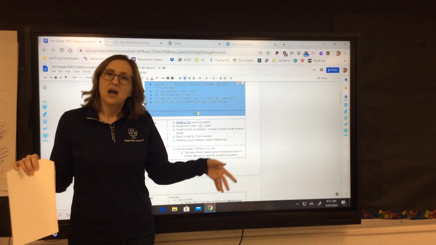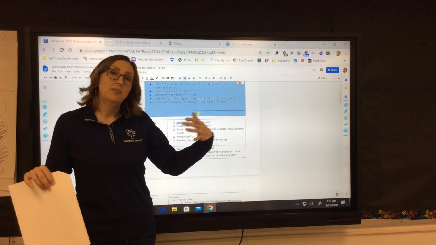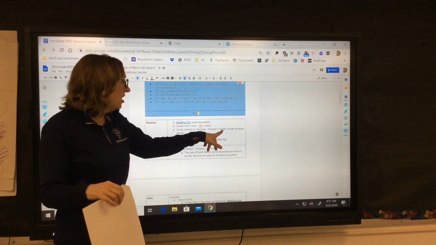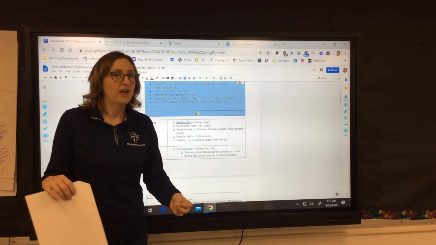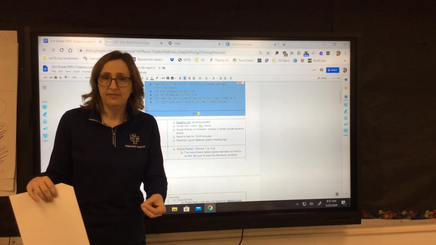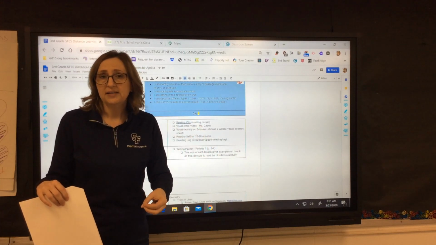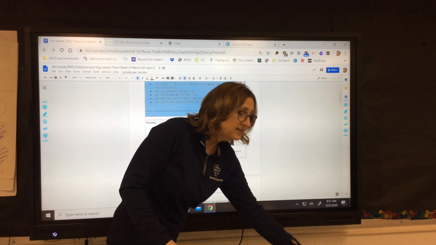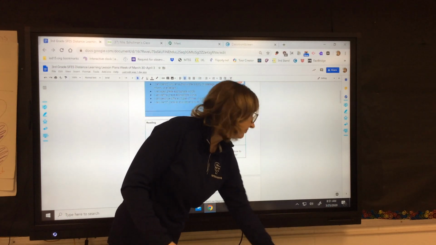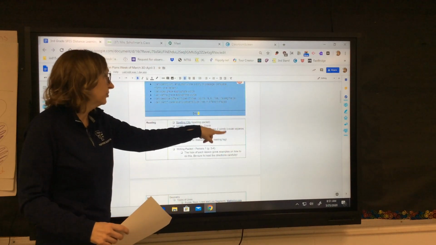If you are not digital, if you are paper pencil, there are some things in the parentheses that we sent out to those families that we heard from that did not have internet access or a device. So you have extra stuff in your packet that should help with that. Those are the things in the parentheses.